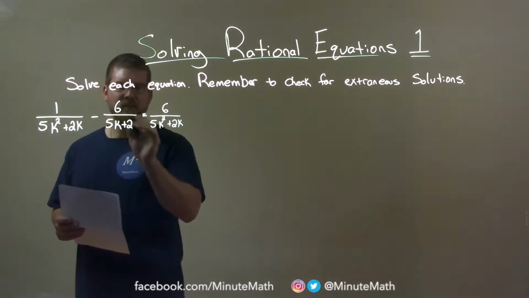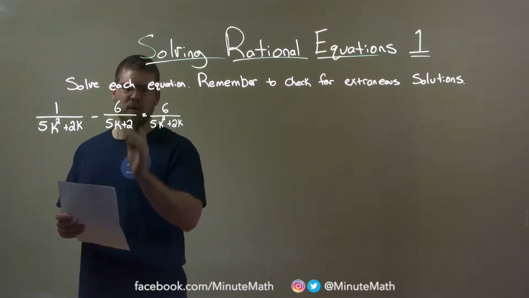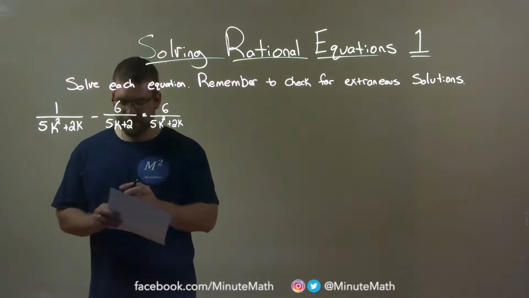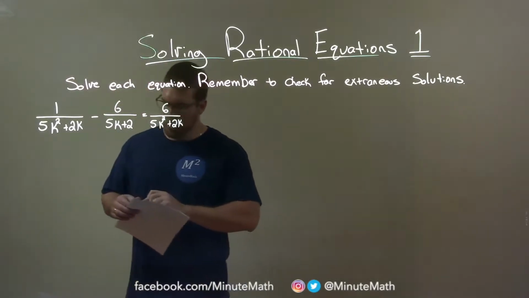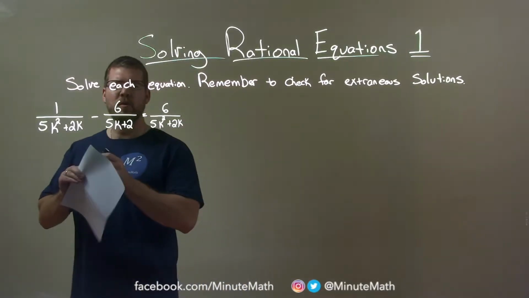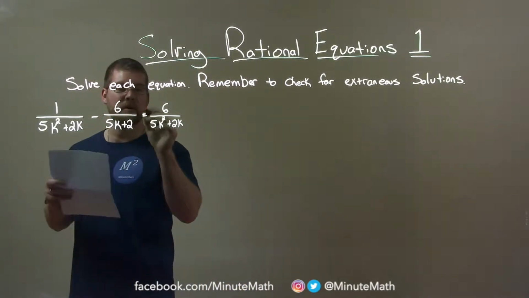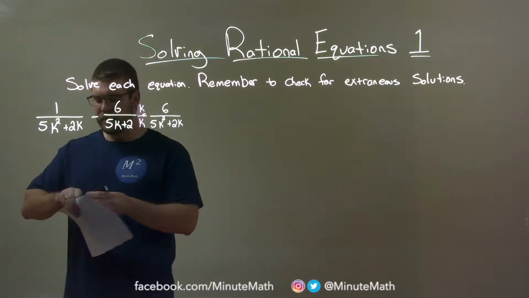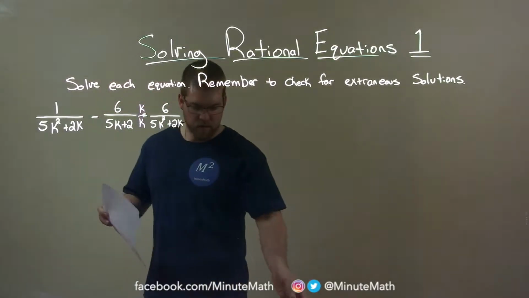So I take this one right here, this 6 over 5k plus 2, and I multiply that by a k. So I multiply by a k over a k. So this one here, so you can see it. So what is that going to do? Well, essentially,